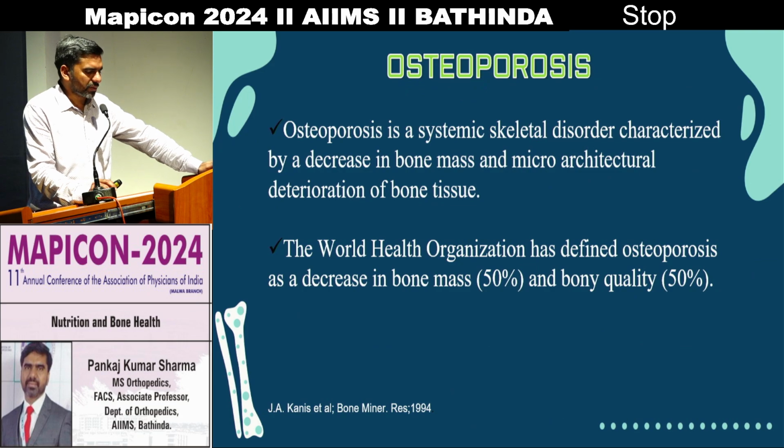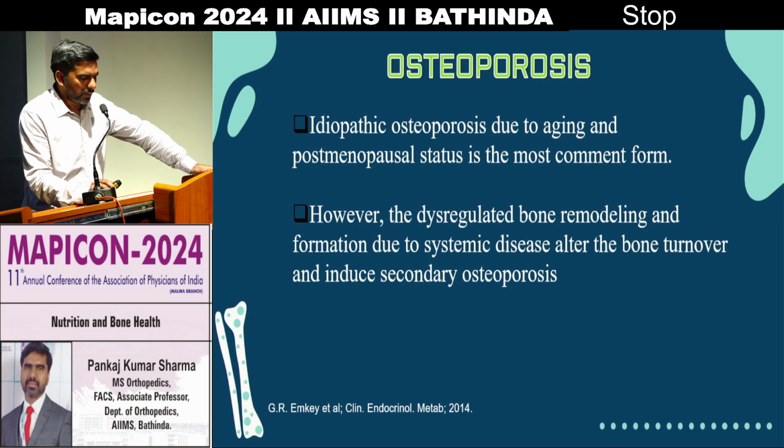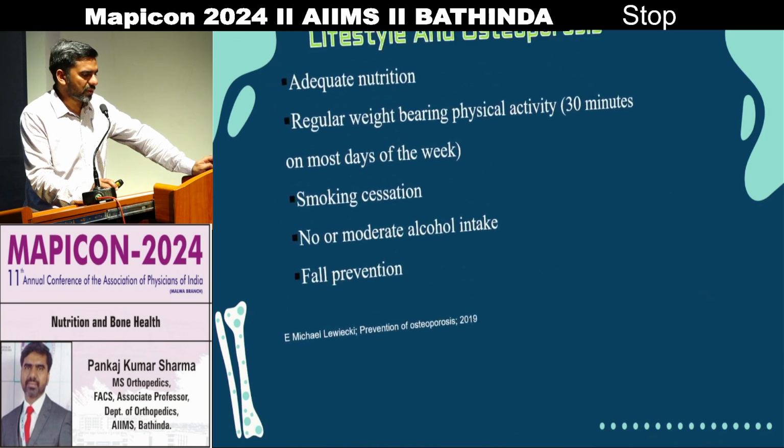There are a number of definitions. The WHO definition is that osteoporosis is a decrease in bone mass 50% and bone quality 50%. And there are a number of measurements like BMD, Z score and T score. But it is also affected by other things, like this is mostly in the aging population, and in bone disease, like metabolic disease. You can't predict osteoporosis by this definition alone. If there is a T score of minus 1.1, it is osteopenia in the normal population, but in metabolic disease it is osteoporosis, because there are a number of things involved. So there are a number of factors for osteoporosis.